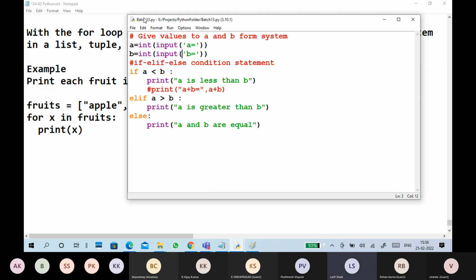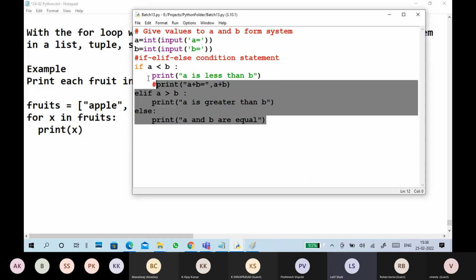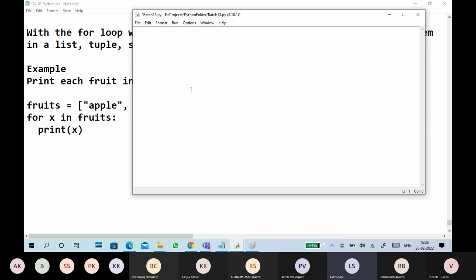Here we have a file. You can write the for loop here also. I am creating a for loop directly: for x in Vedicsoft.